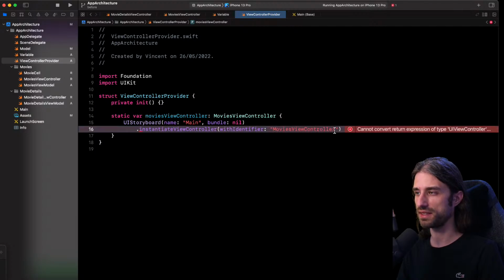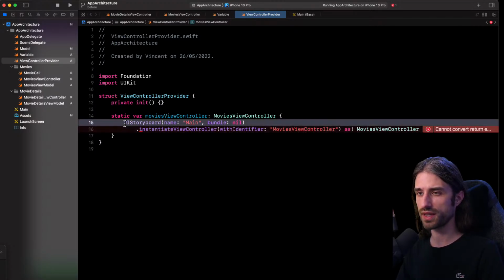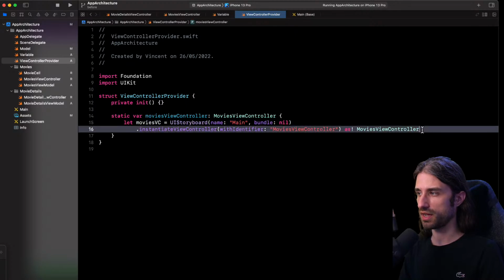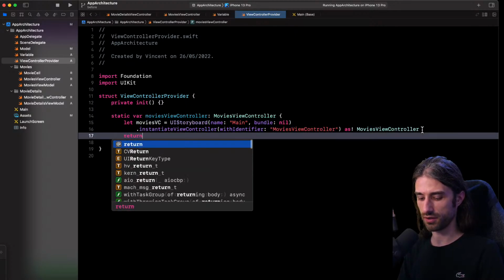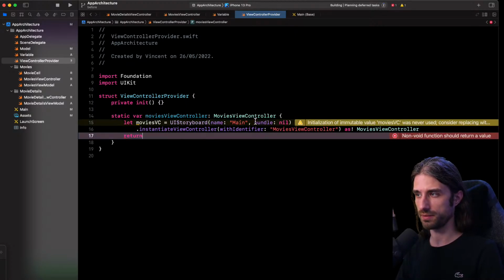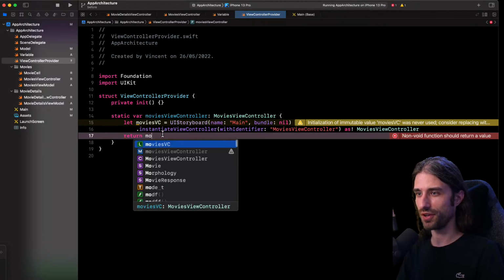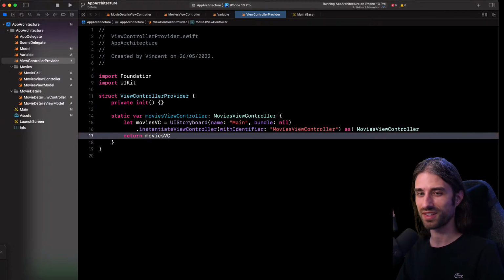So here I need to do a force cast, unfortunately, because that's the only way to do it. I'm going to store the result in a local variable that I will return. Of course, I need to return the movies view controller.